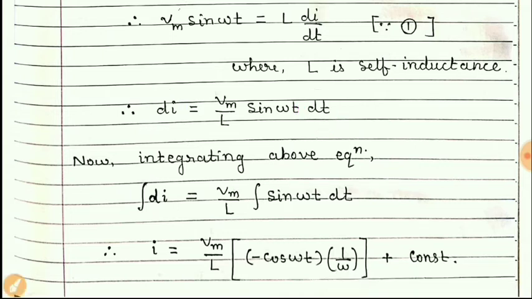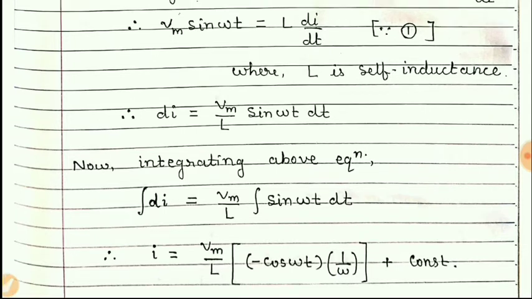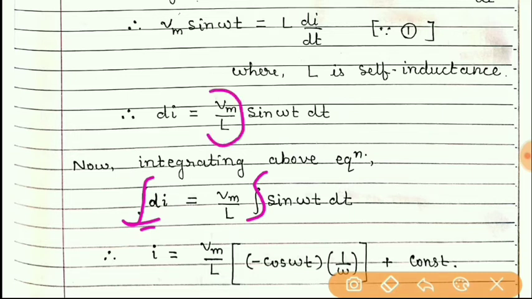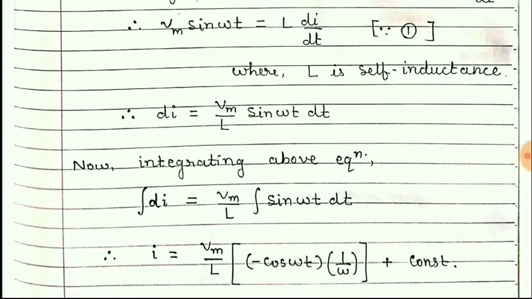So to find the total current, we have to integrate. So we have taken integration on both the sides. So when we take the integration on both the side, this constant term is taken out. Students, we know that during integration or differentiation, constants are taken out. So what is remained on the right hand side? Integration sin omega t dt.